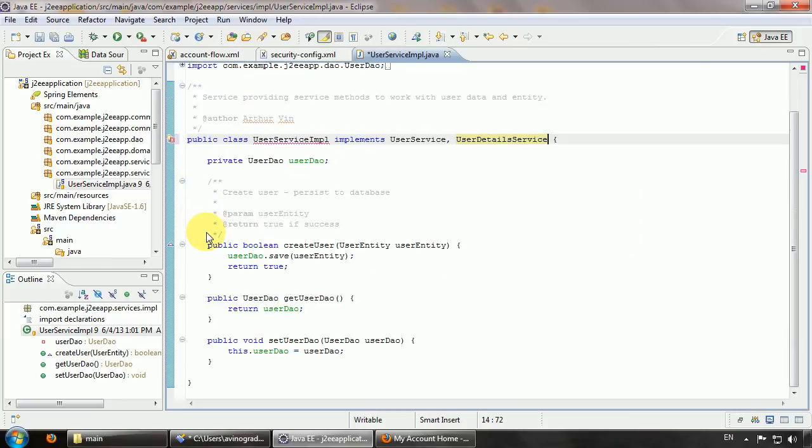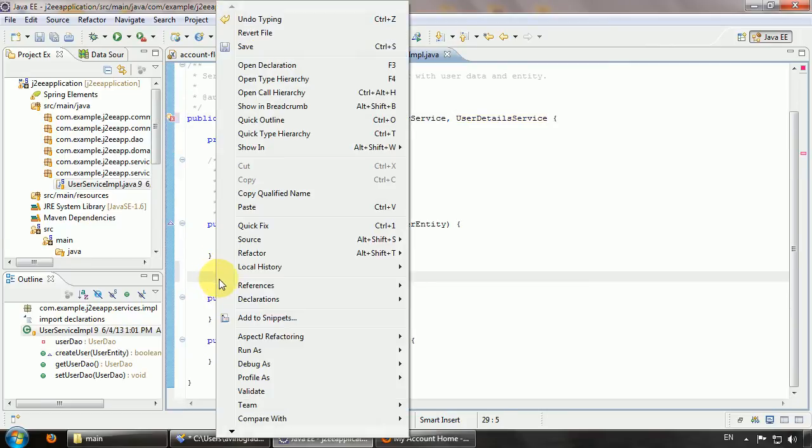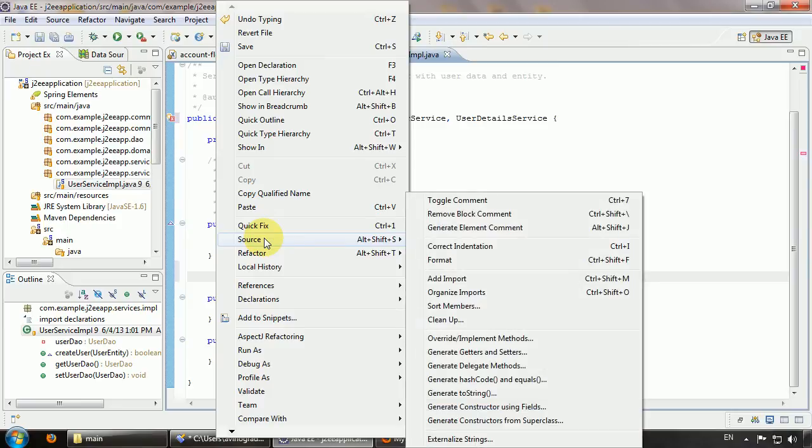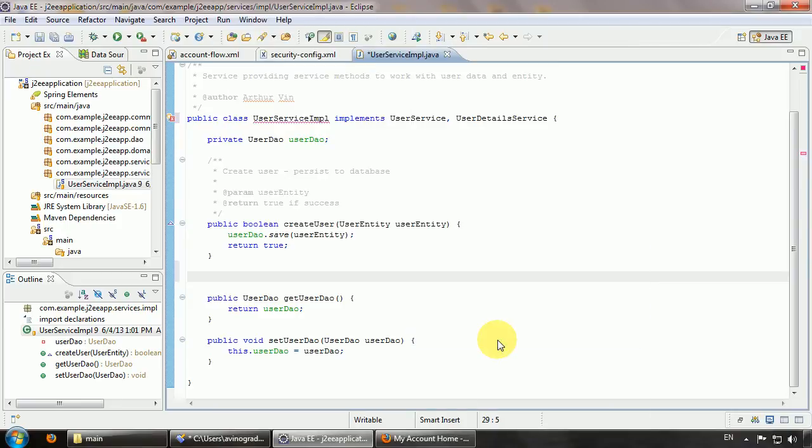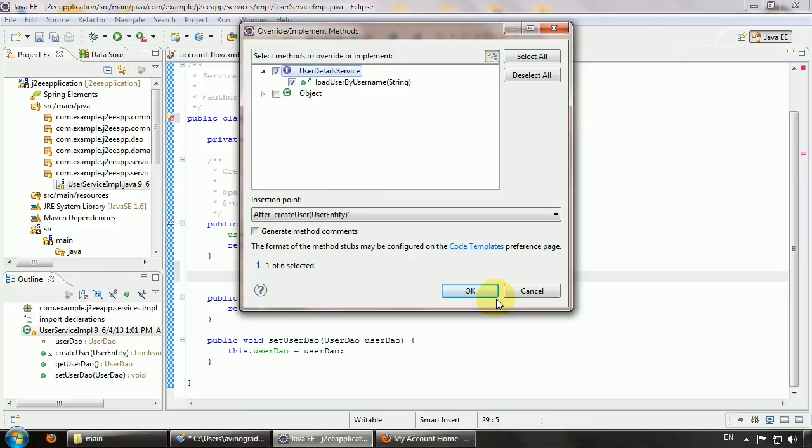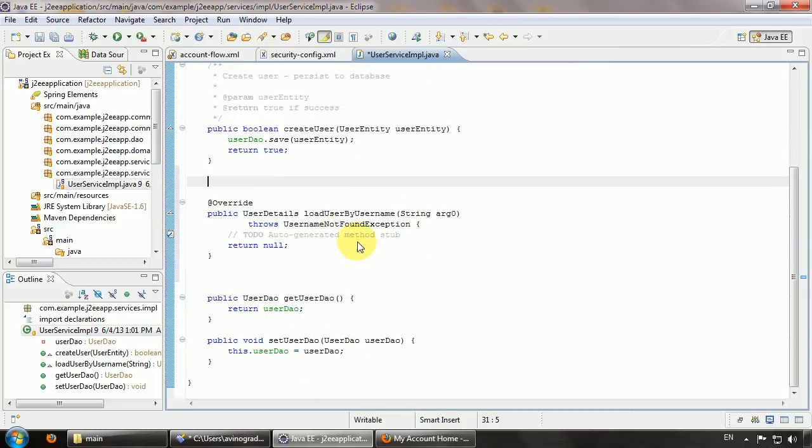Let's go and implement that. We'll implement this after the create user method. Source, implement. And here we see that we need to implement the load user by username method, which we selected here. Click enter, and now we have the empty implementation